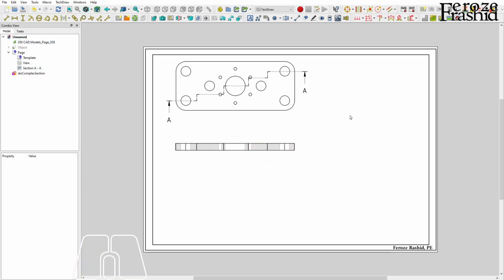Now that's actually the end of our job. We accomplished our goal. We drew the object, and then we drew the complex section. I can put in some dimensions up here, but I won't take up any more time on this video. I'll do that after I stop the video, and I'll upload this document so you can download it and then